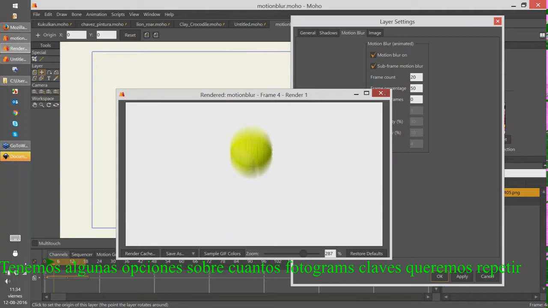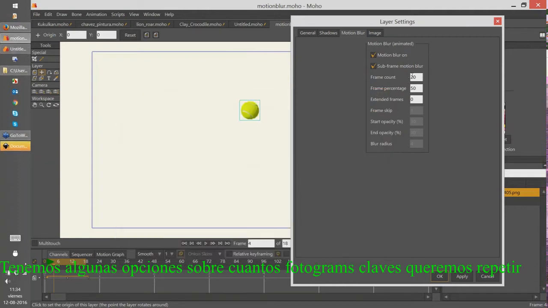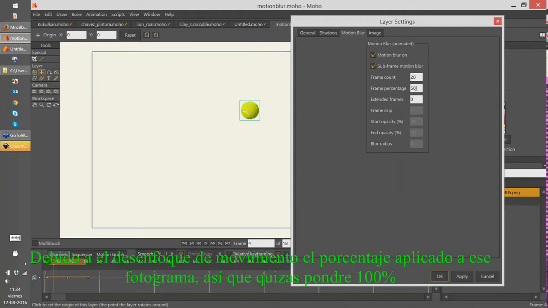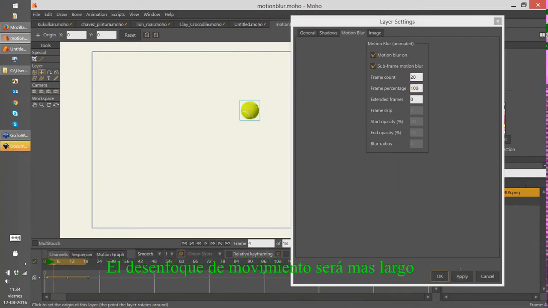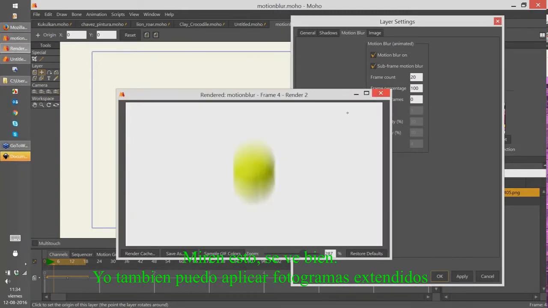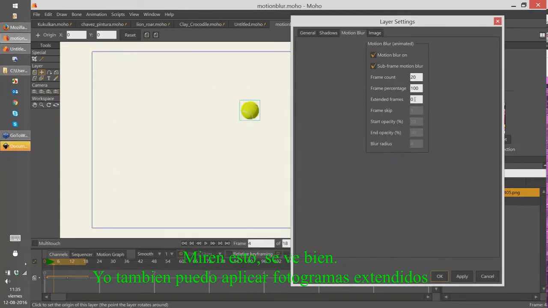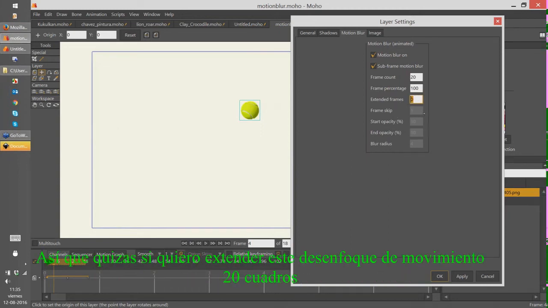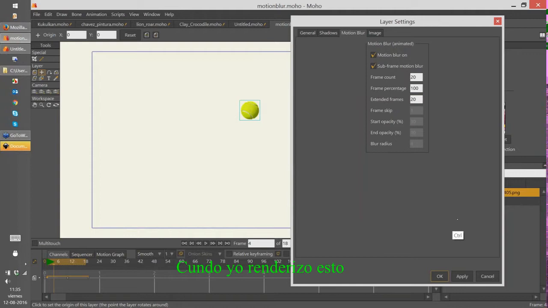We have some options about how many frames we want to repeat, or how many frames we want to show during the motion blur, and the percentage applied to that frame. So maybe if I put 100%, the motion blur will be longer. I don't know if that is noticeable, but it is longer too. And we can also apply extended frames. So maybe if I want to extend this motion blur in 20 frames, when I render this,